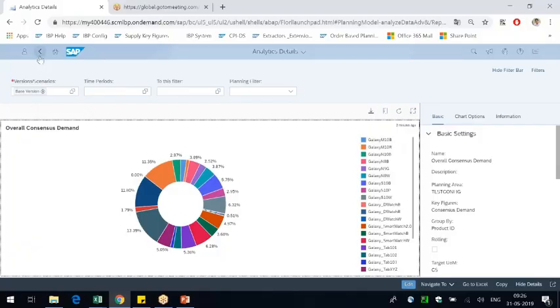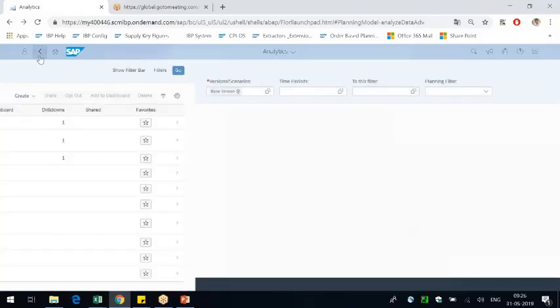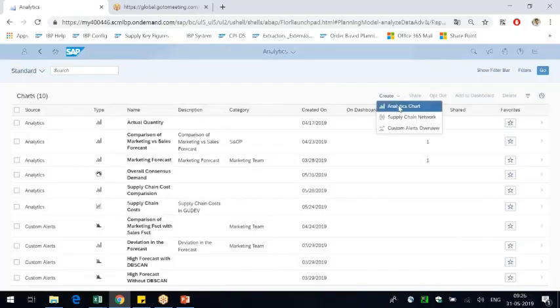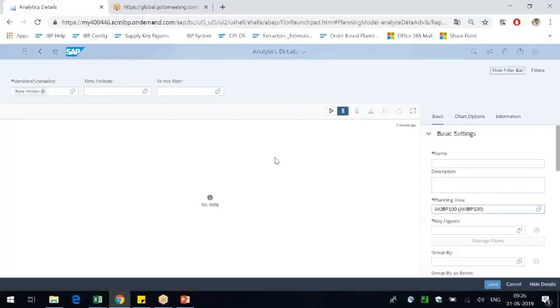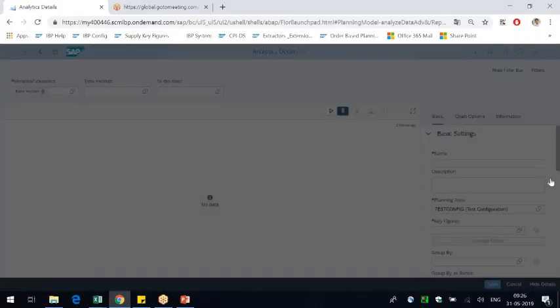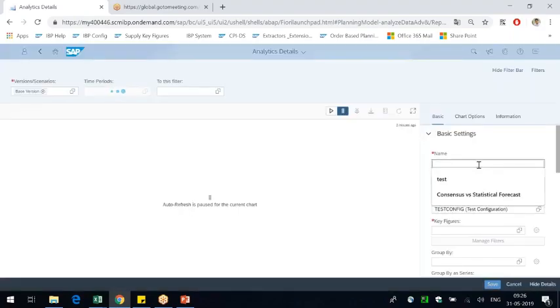Okay, and then now go back here. Go into analytics chart. Now I'll show you guys an option called the drill down facility, the drill down functionality. So going back to analytics chart again, there is no data. Pick up your planning area, test config. Create this.